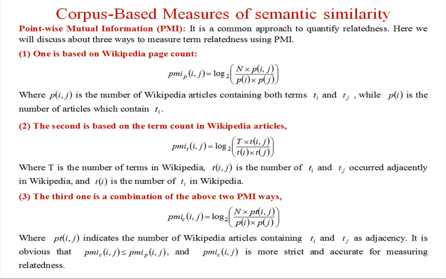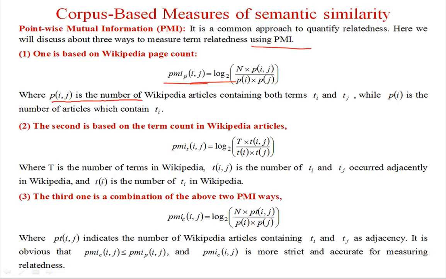It is a common approach to quantify relatedness. Here we will discuss three ways to measure term relatedness using point-wise mutual information. The first is based on the Wikipedia page count. Here, point-wise mutual information between two terms i and j can be calculated as